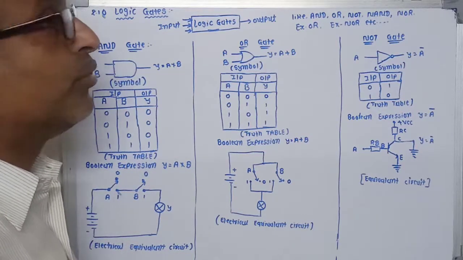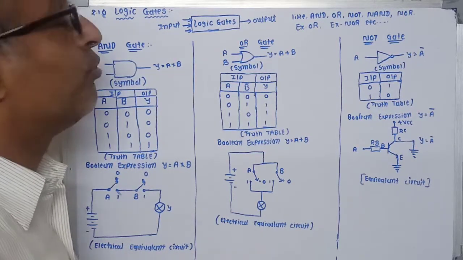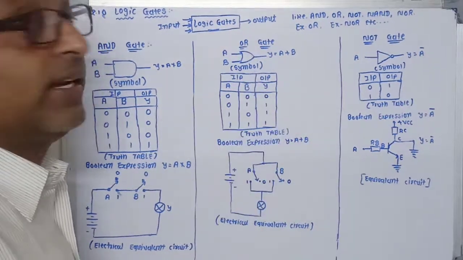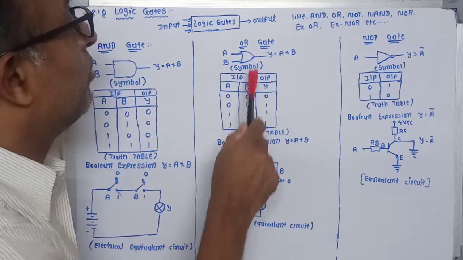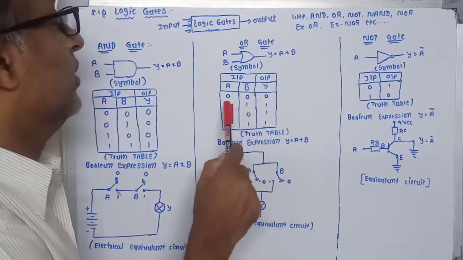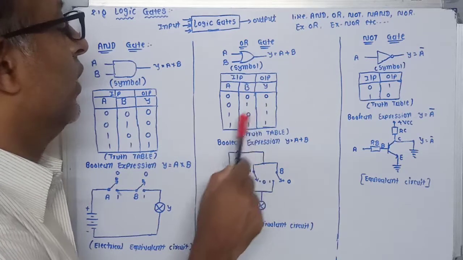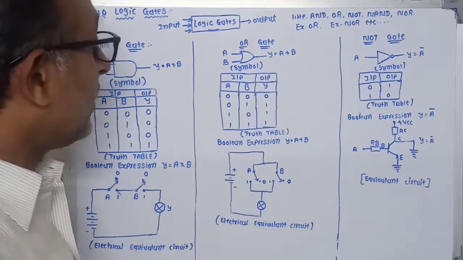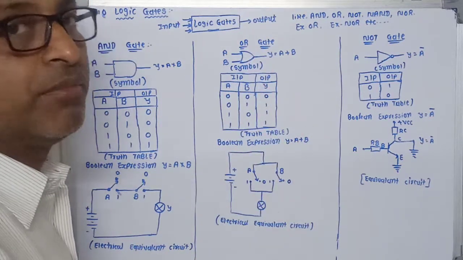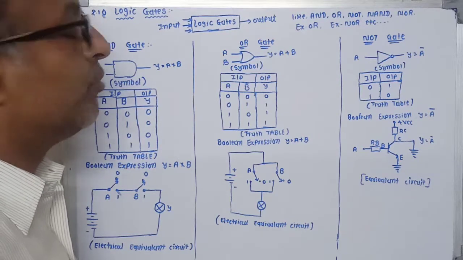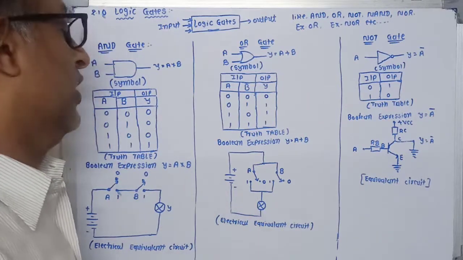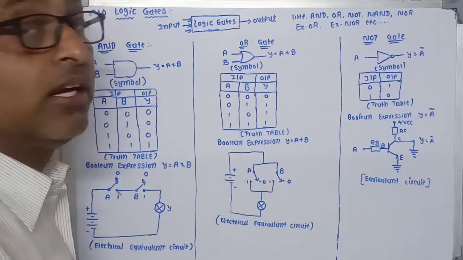Now if both inputs become 0, then your output also becomes 0. This type of gate is known as an OR gate. Here we are providing the truth table for this OR gate. When we give 0 0 input, your output will be 0, and 0 1 it is 1, 1 0 it is 1, 1 1 then 1. The Boolean expression for this OR gate is A plus B. That means if any one input of these two is 1, then the output will be 1. Here, let me show the electrical equivalent circuit.